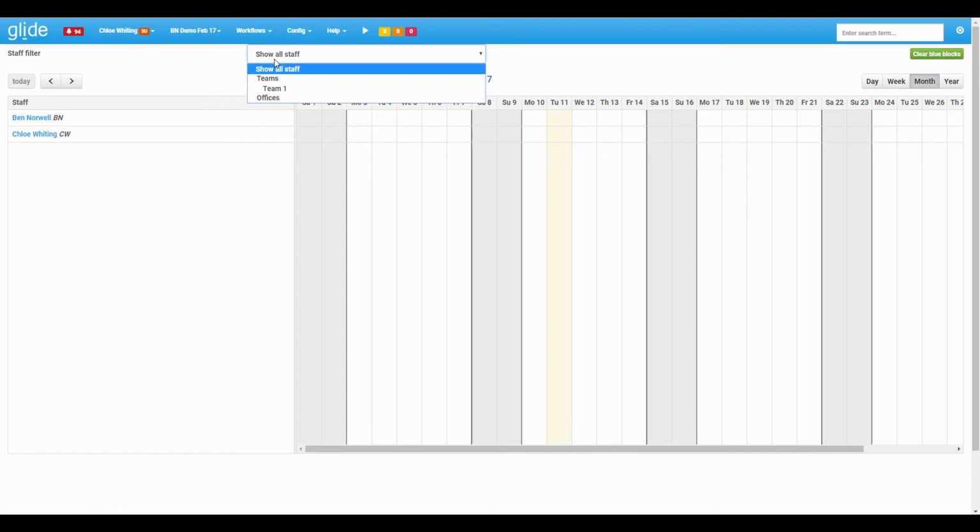So if you have teams and offices set up, you can default to viewing a particular team or a particular office. You may have been given access to read this screen or potentially to read and adjust the screen. If you have the latter, you'll be able to create blocks of time. So simply drag across the period of time that you wish to make a booking on, then do a single